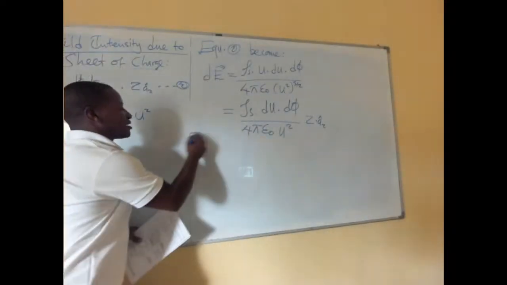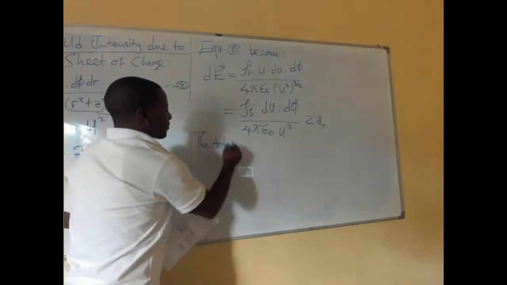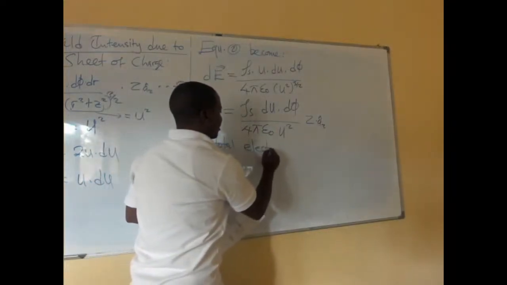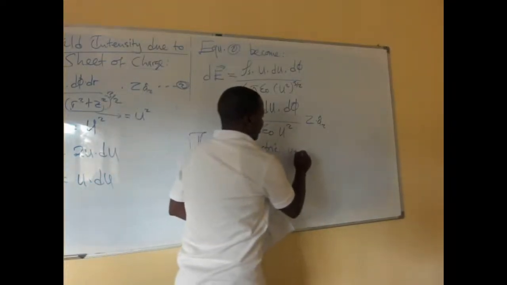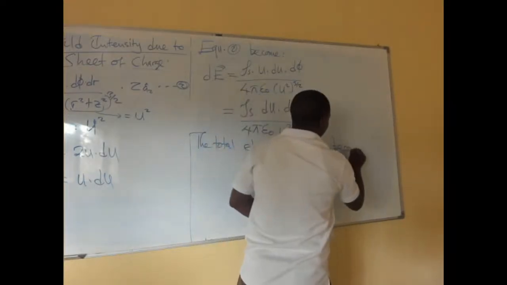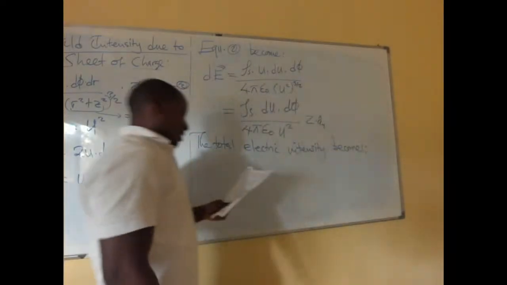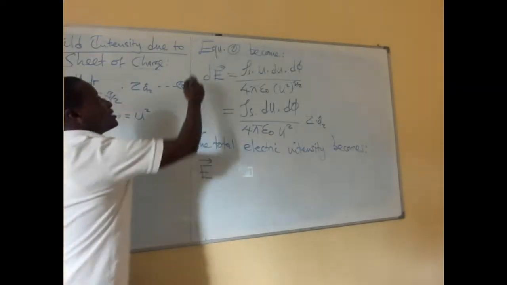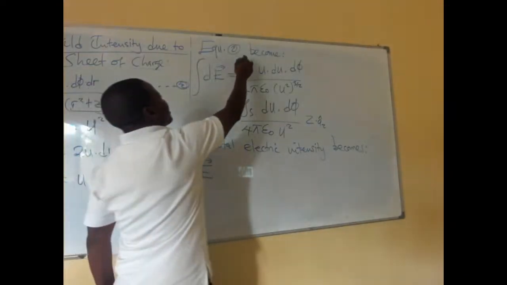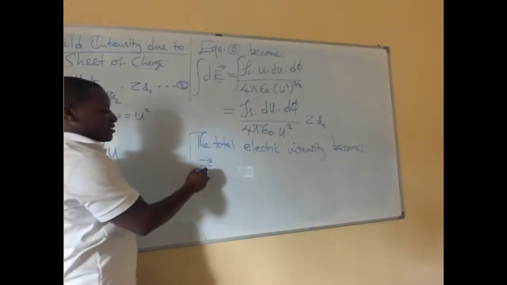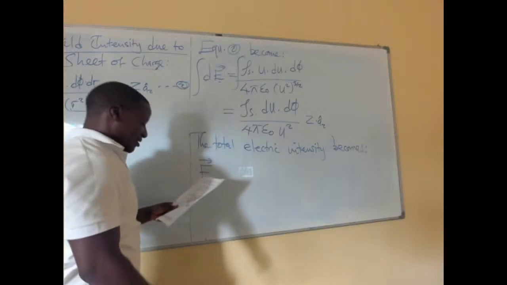So now the total electric field becomes E. Of course, we are integrating now. We integrate this side and we integrate the other side. So if we integrate dE, it becomes E. So E is equal to,